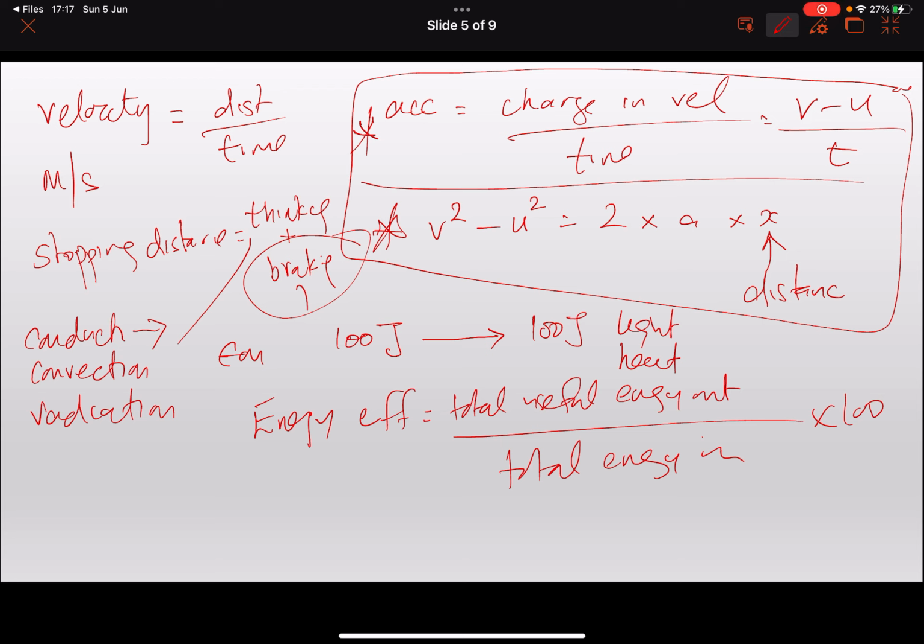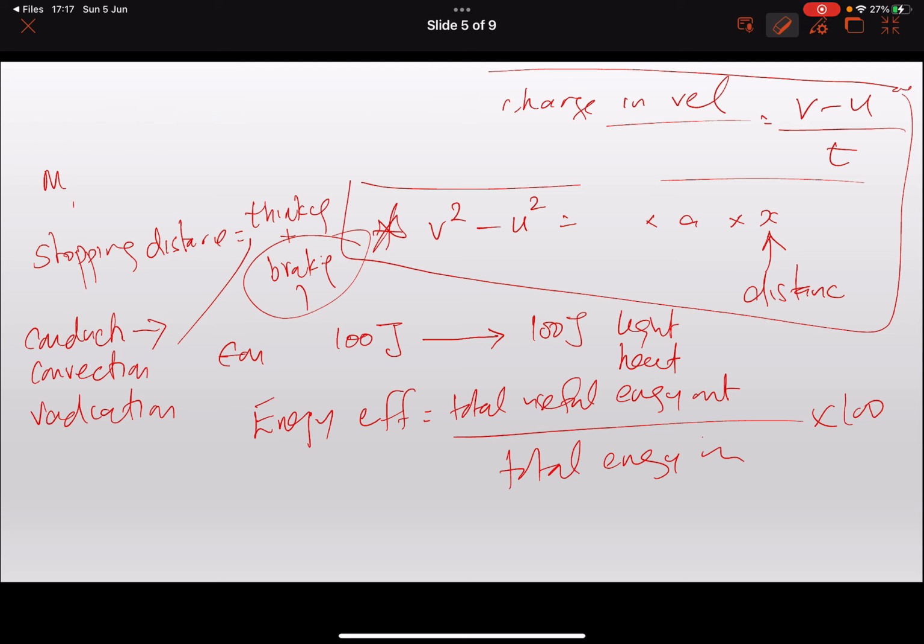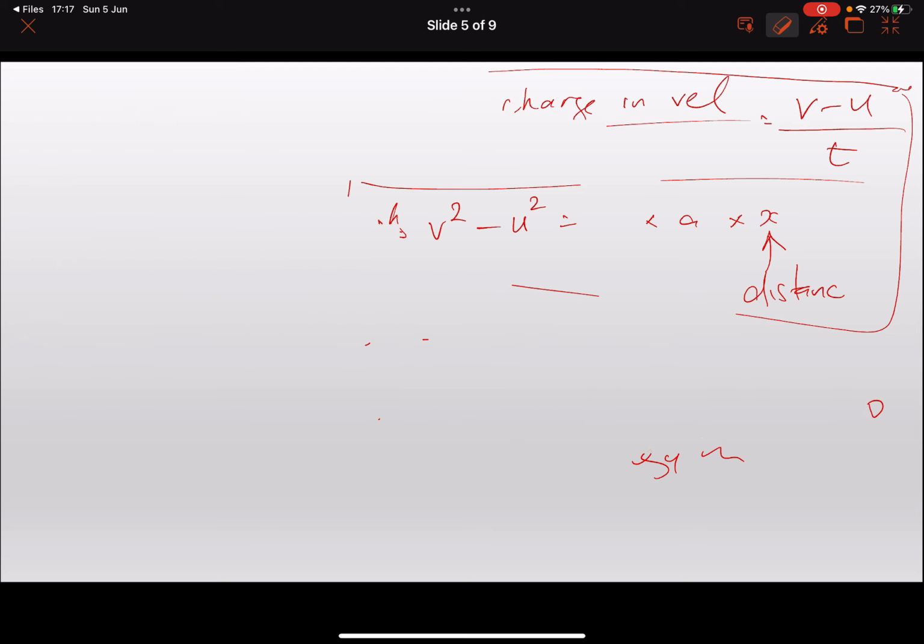And radiation is the way in which energy can be transferred through a vacuum. I sometimes say radiation is the energy we get from the sun in terms of infrared radiation and so on. Okay, so just be aware of those things, and then just do a quick overview of those. Now,